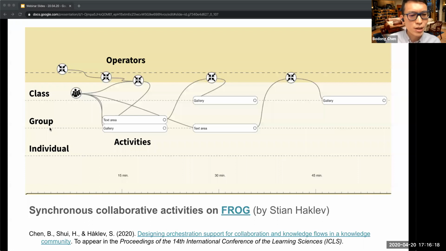And during every Zoom meeting, I use Frog. Frog is developed by my friend and colleague, Sten Haglef, who uses graphs as orchestration graphs to represent very sophisticated collaboration patterns. During the Zoom meeting, I use Frog to organize students into different kinds of activities. I don't want to unpack what they all mean, but the different objects you see are different kinds of operators or activities, and the lines are basically sending people, artifacts, or data to form a workflow